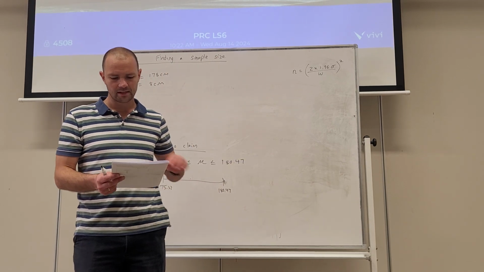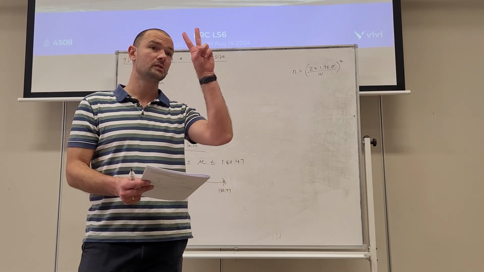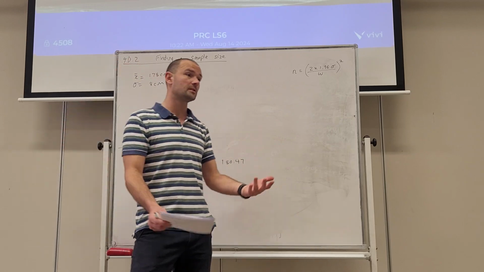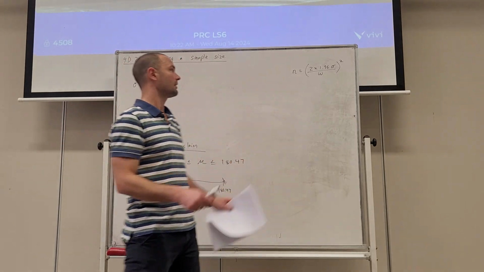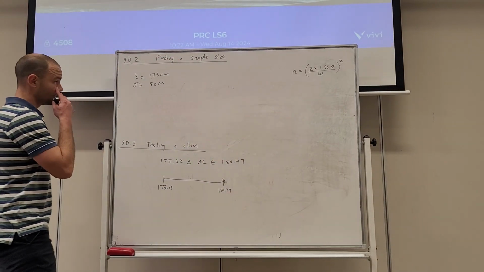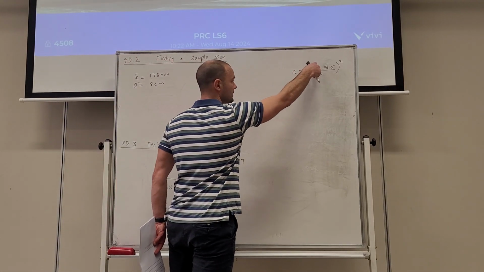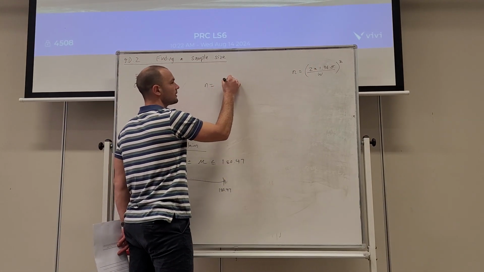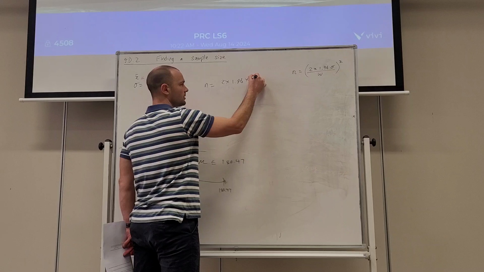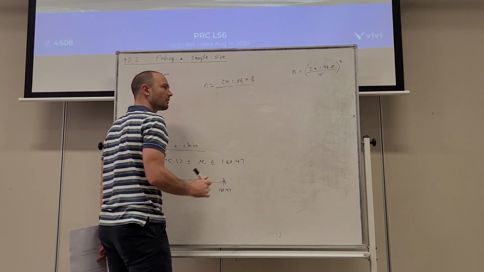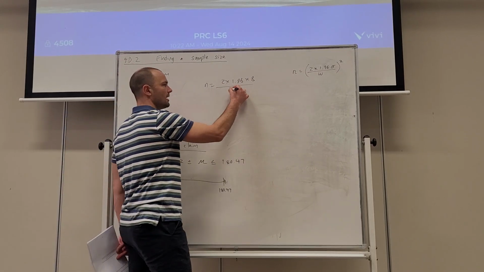How many people do we need to sample to have a width of 2 centimetres? So we want to sample lots of people to really concentrate that width with a 95% confidence. All we're substituting into this formula is the standard deviation and the width of the confidence interval we desire, which is 2,